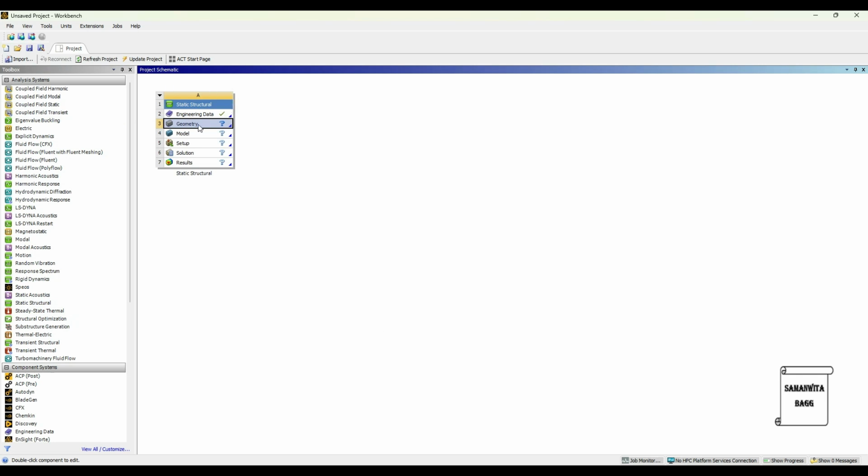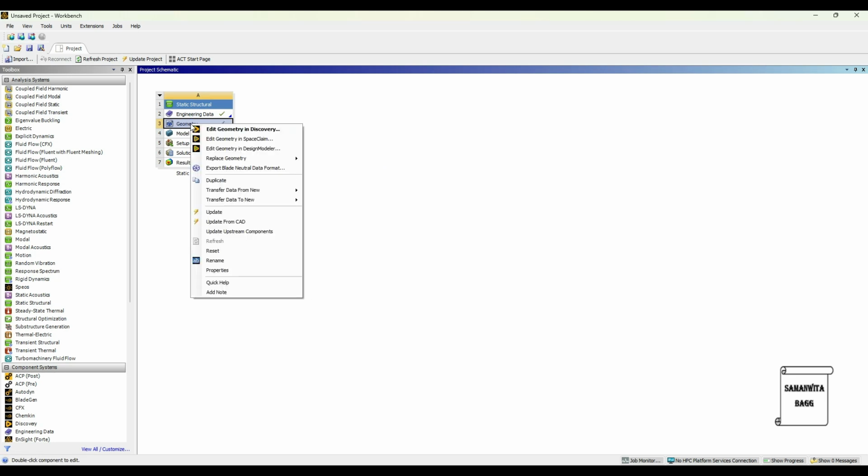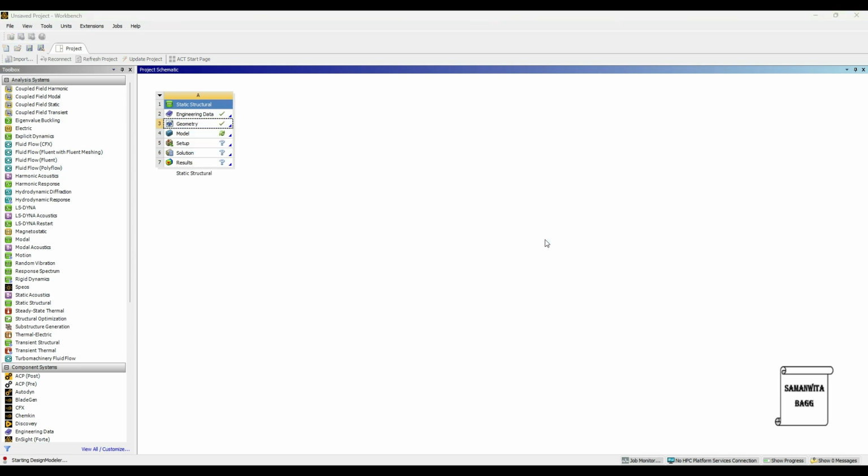Now the geometry for the frame is already made because it is in relation to a particular project which I have dealt with. So I am showing you for that frame itself. If you have any other frame for your analysis, you can use that frame design. So I will directly import the frame. Also, I'll give you the model for this frame in case you want to use it for practice or reference purpose. So we'll just right click on this and go to Edit Geometry in Design Modeler.